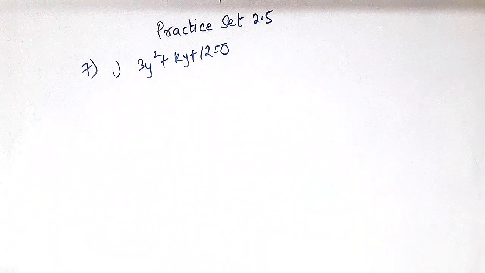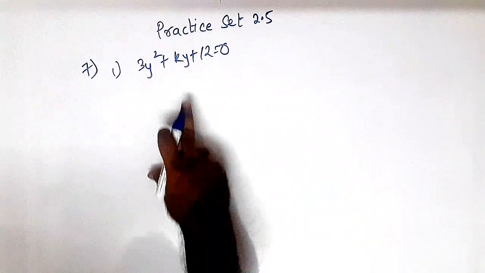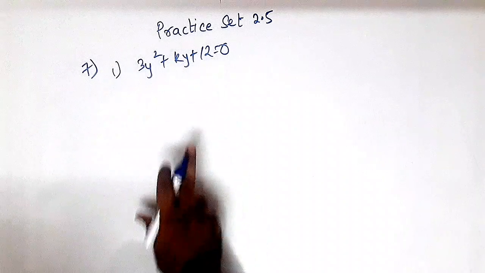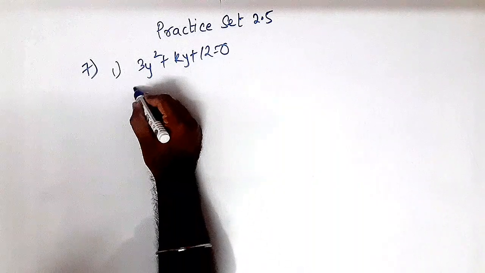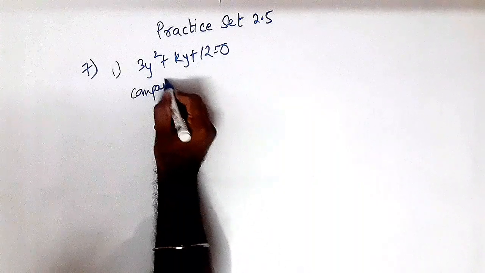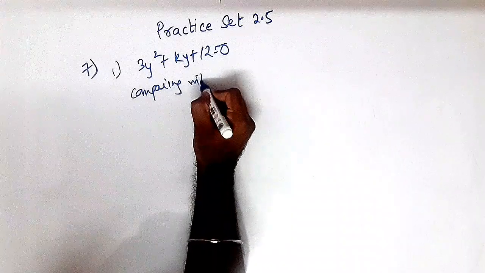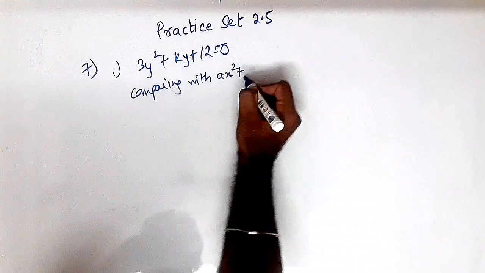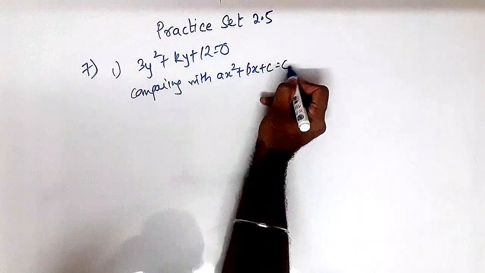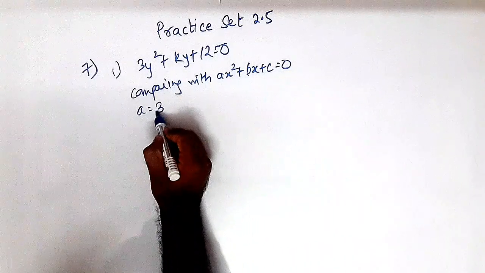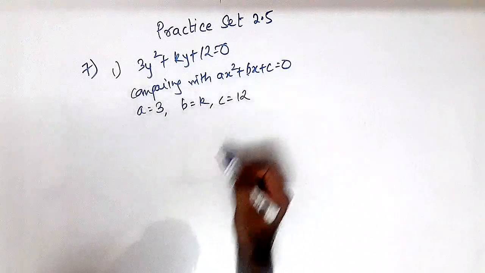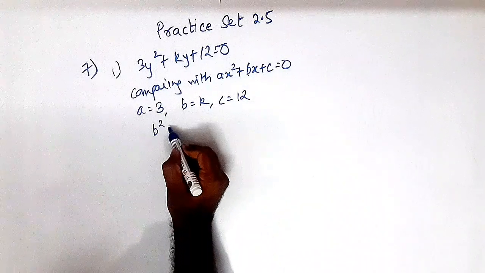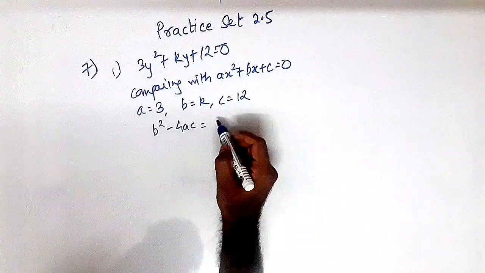Question 7, first one. They have given that we have to find the value of k, and the very important thing given is the roots of the equation are real and equal. So first I'll write what is a, comparing with ax square plus bx plus c equals to 0. We get a equals to 3, b equals to k, and c equals to 12. What is b square minus 4ac? The value of discriminant is